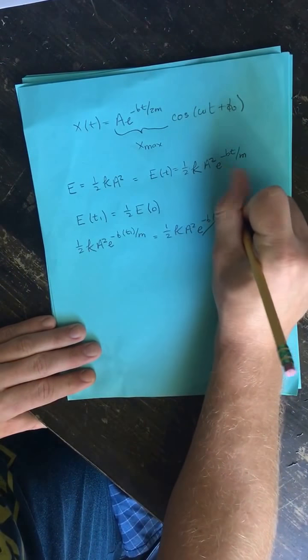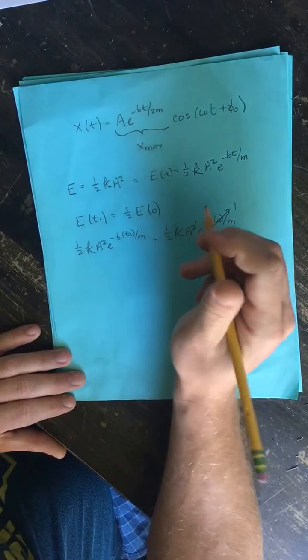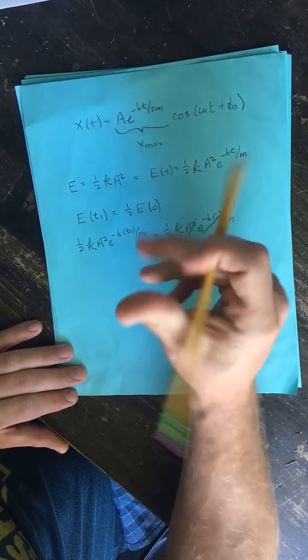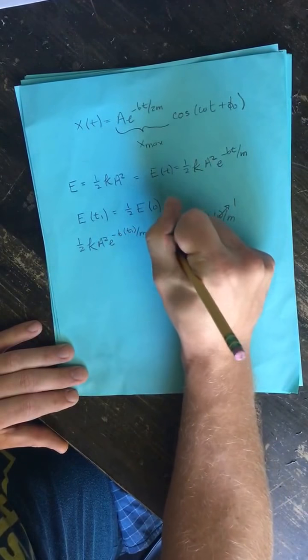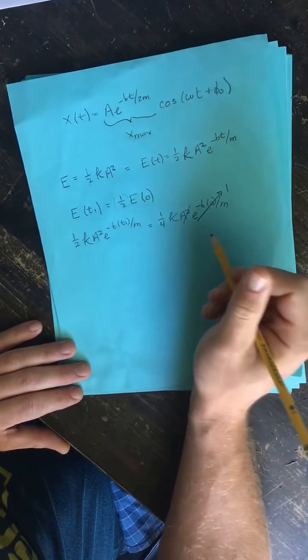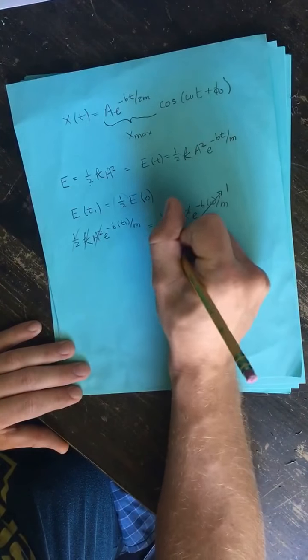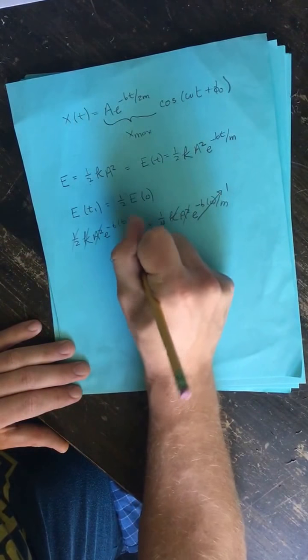So this piece goes to 1. e to the 0 is 1. The A squareds cancel. Oh, I lost a factor of 1/2 here, so this is going to be 1/2 times all this. So I'm going to change this to a 1/4 because of this 1/2 here, and we have a 1/2 in the expression, so this becomes a 1/4. The k's cancel, one of the 1/2s cancel, and we end up with e to the minus bt1 over m